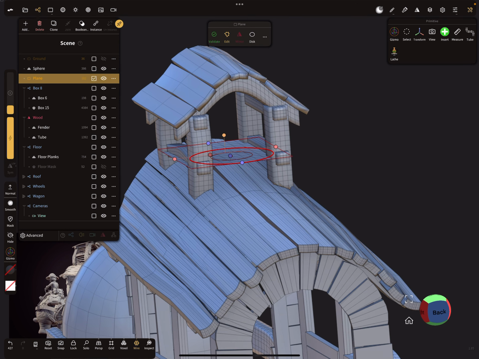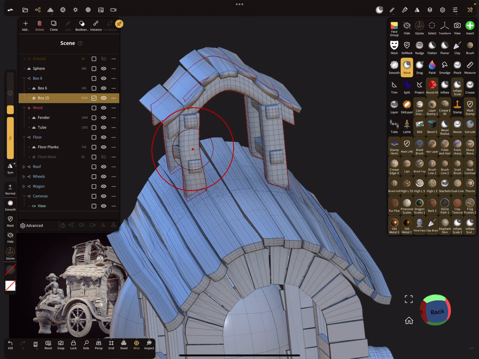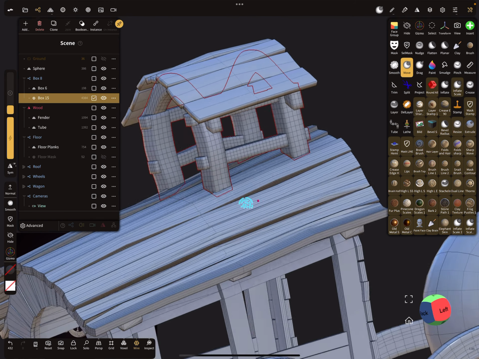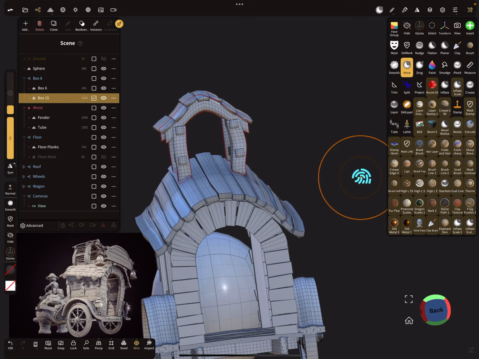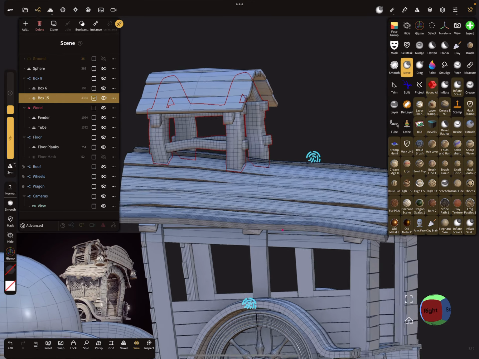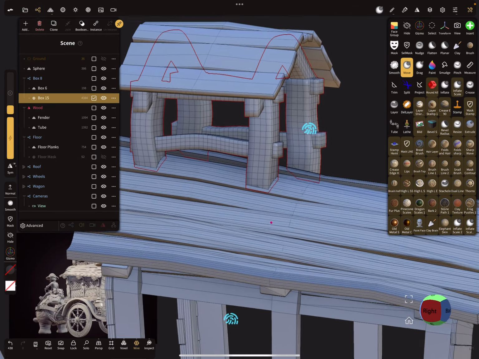The plane we can delete. Let's bend the whole thing a little bit. So it looks okay.